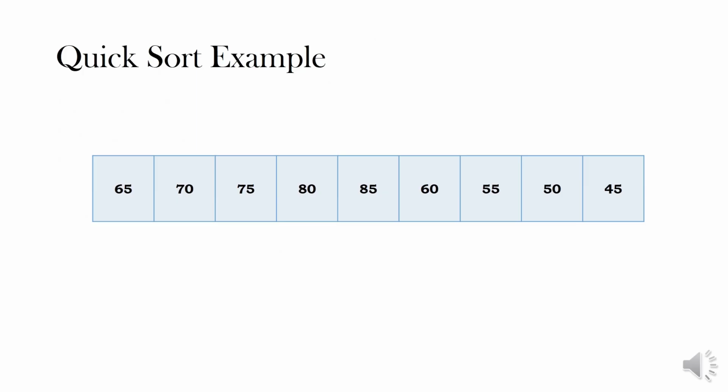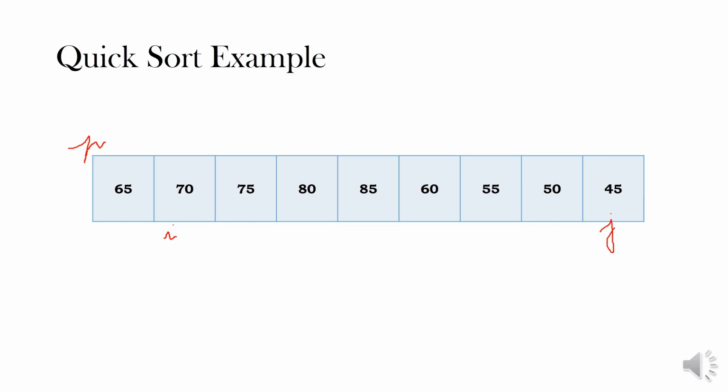So in this example, let us see how the quicksort works. Since we know the first element is selected as the pivot element, P is now pointing to the element 65. I will point to the second element, that is 70, and J will be pointing to the last element, that is 45. Let us begin the scan from left to right. The left to right scan will look for any element which is larger than the pivot element, where we need to stop. So the element pointed to by I is 70, which is larger than 65. So our scan will stop here.